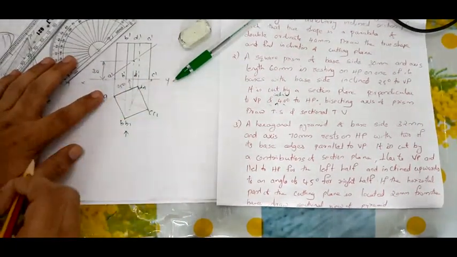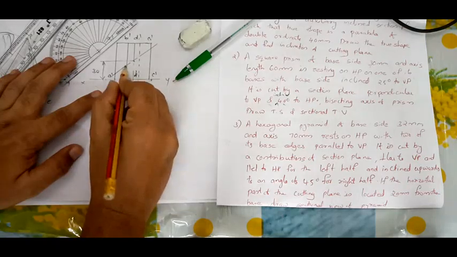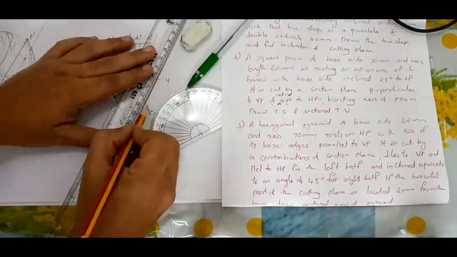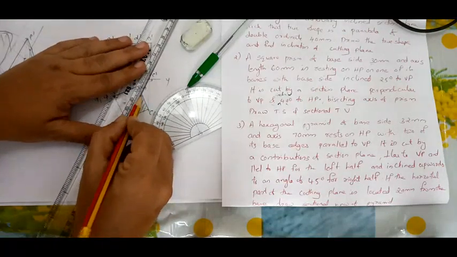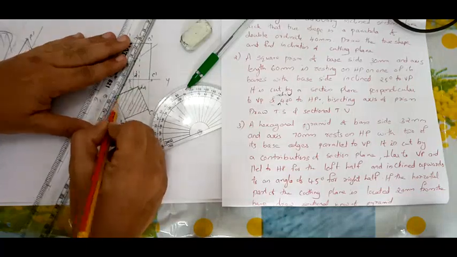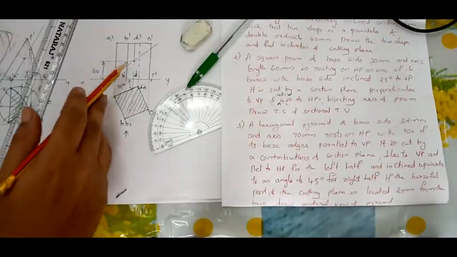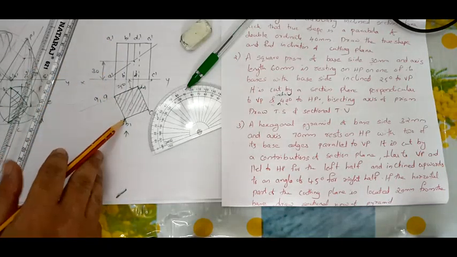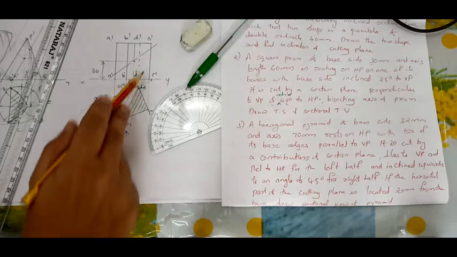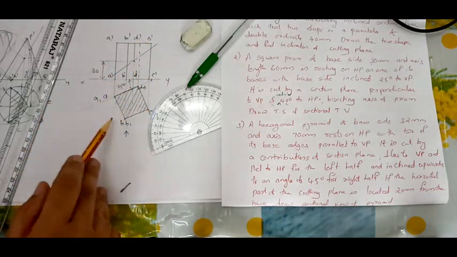So now, since it is inclined, here it is cutting on this corner, and here it is cutting on this corner. So it is cutting on all the corners. Already I have told you, for a prism it is cutting fully if it is passing through the faces. It is cutting on A dash, so this corner. Here it is cutting on B dash, so this corner. D dash, this corner. C dash, C1 dash, so this corner. So it will be the sectional top view.